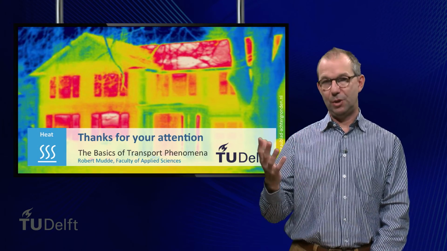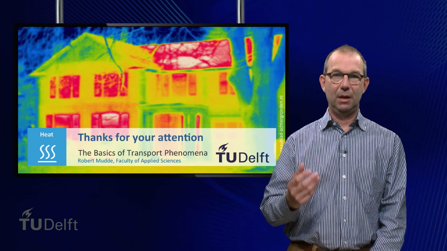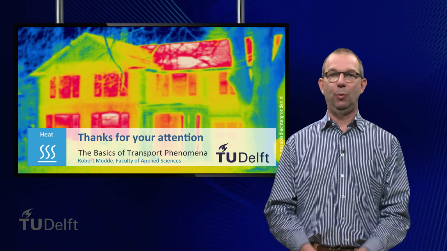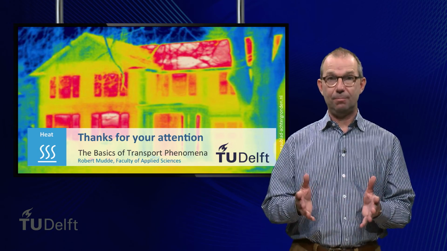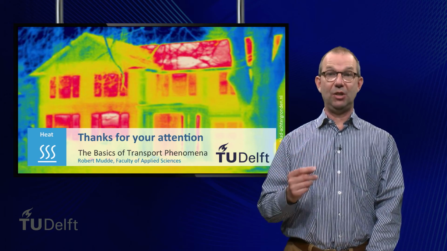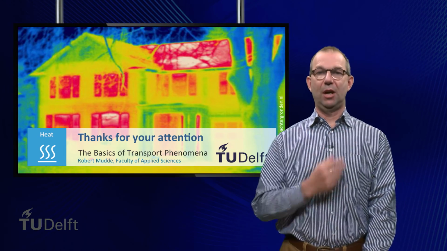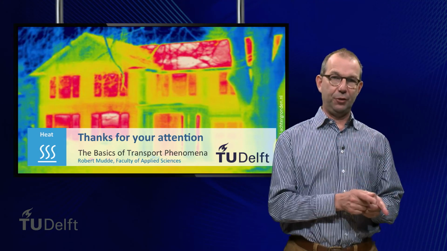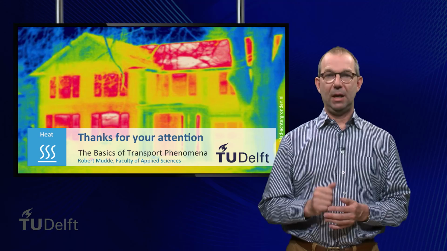With this, our lecture is ending. Behind me, we can see the infrared photo of the house again. In one of the example videos, we will calculate the heat loss through a single glassed window. You can also put what you have learned today into practice by going to the exercises and calculating how much money you can save by switching from single to double glazed windows. While making the exercises, it is useful to start thinking in terms of driving forces resulting in flows and, most importantly, resistances. Good luck until next lecture.